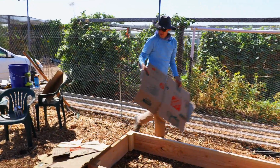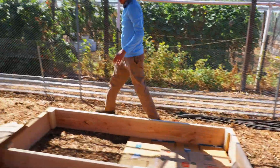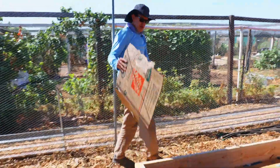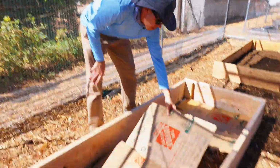Okay, so I have a pile of cardboard here, and I like to just sort of line the bottom of these beds with a layer or 2 of cardboard. It gives a nice surface to work with. It helps prevent any weed seeds that may be dormant in the soil from sprouting. And also,